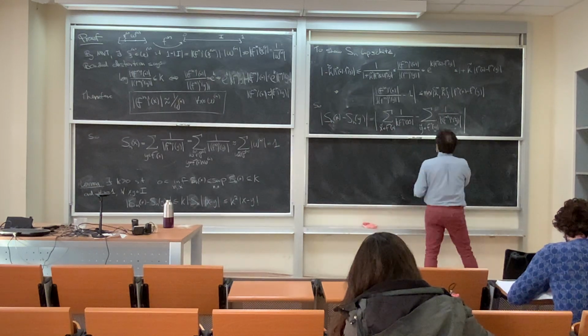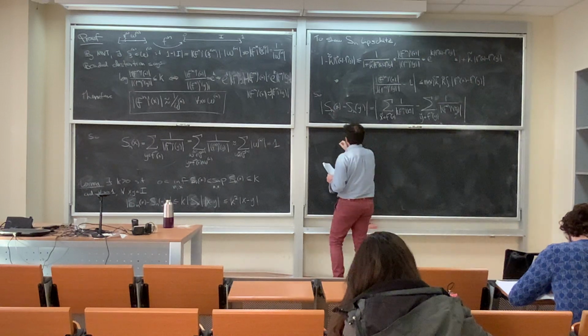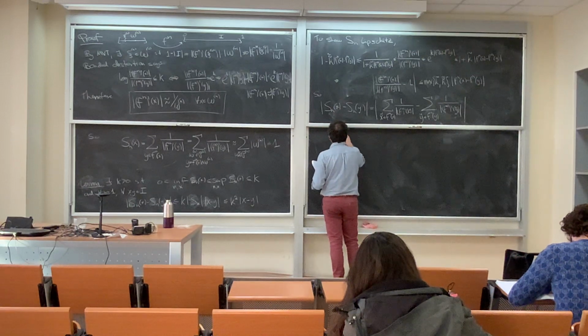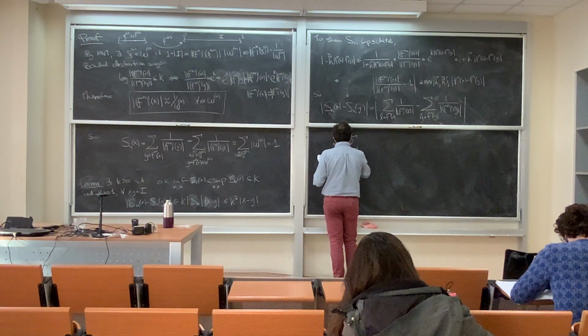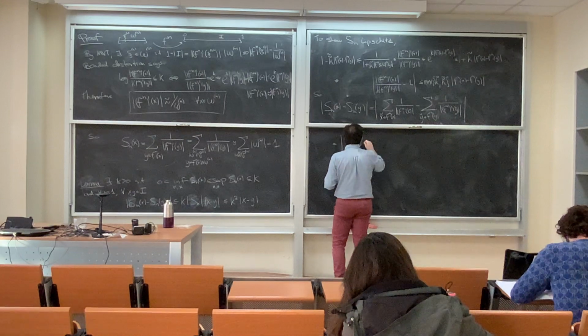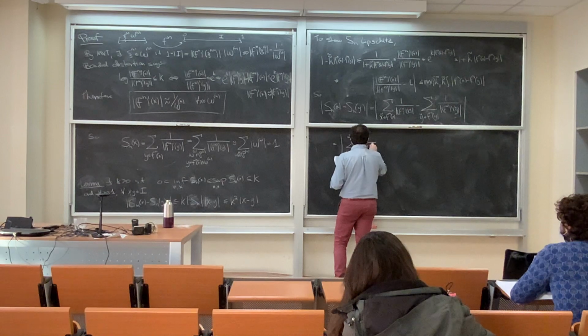So we can write this as equal to the sum from i equals 1 to infinity of 1 over fn prime of xi tilde